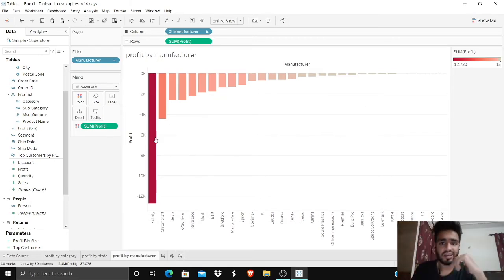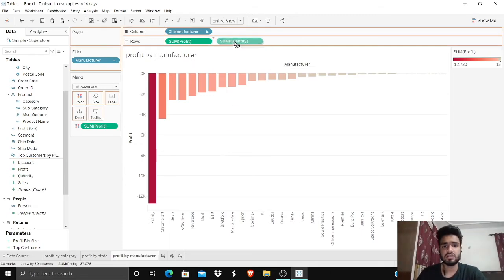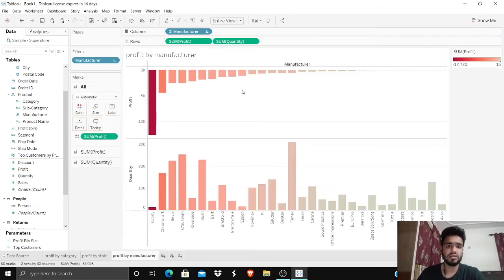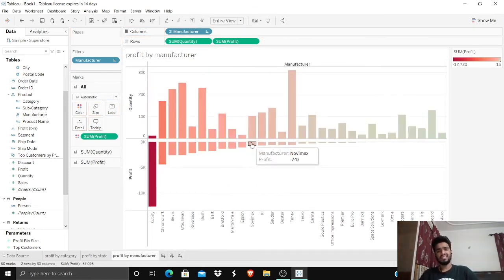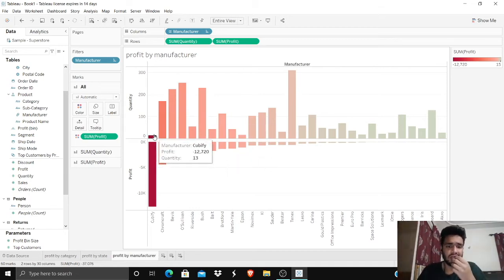So yeah, we can also compare different categories in a graph. For example, if I take this quantity, we can check the quantity versus profit. To make it look good, we'll drag it from here to here. Basically, this is the quantity and this is the profit, which shows the amount of items we have sold with respect to their profits. So only 13 quantity has been sold and the profit was minus